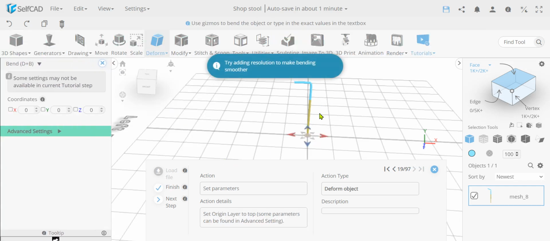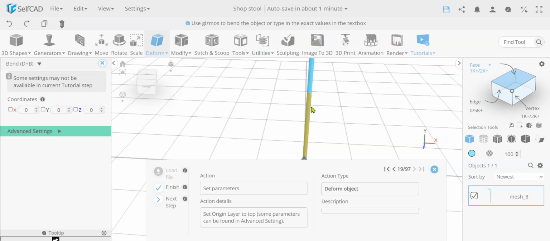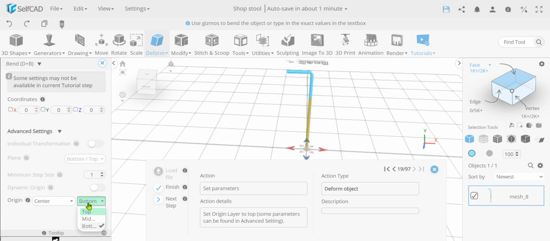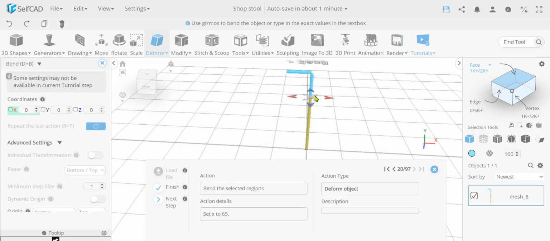If you remember, we added a lot of segments before. We're not in wireframe mode, so you can't see it, but if you remember from the settings, we added a lot of smoothness, so they will have enough to bend. Now we're going to do the same thing. We're going to set this to the top. So now we actually want to bend this from the top, and we're bending on the X to 65,